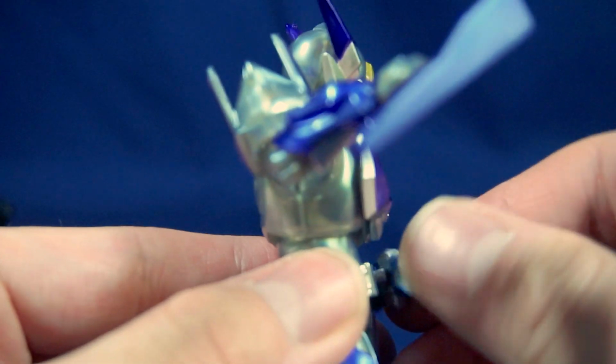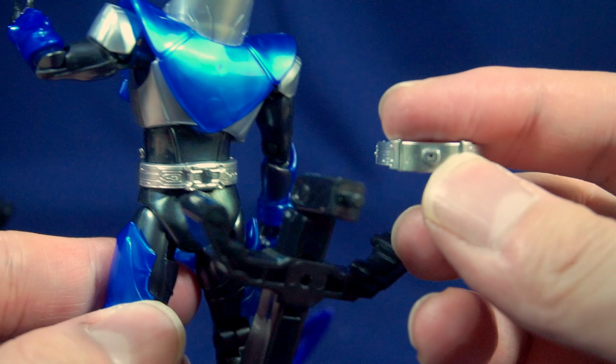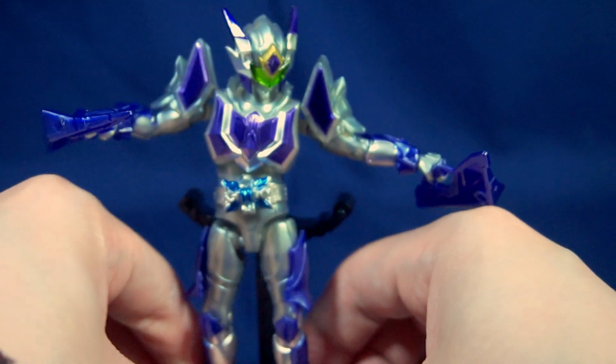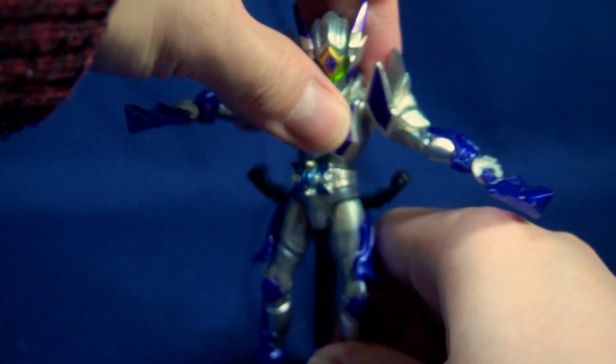No, okay, I had it right actually. Oops. But again, if we take a look at Tsunami, I'm supposed to be able to peg the back, or to have a peg hole, but I can't now. I mean, if I wanted to put him in the air, I can't do that. I feel like he would probably be one I would have done that to, but I can't now. But, other than that, there we go with